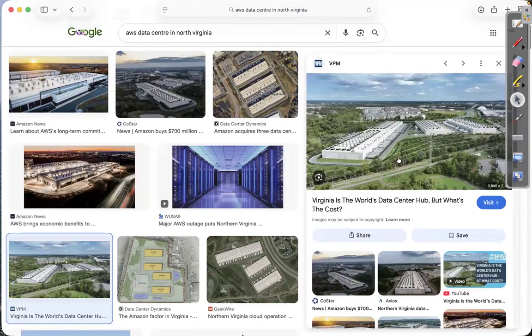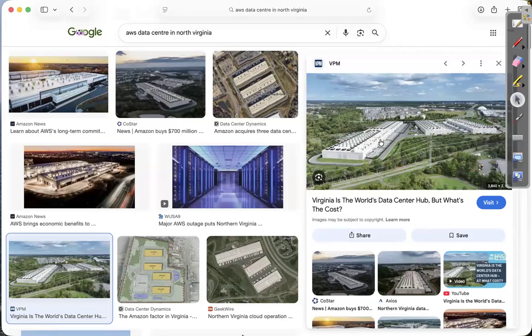The data center in North Virginia is the first data center across the globe. This is the first data center, set up in the year 2006 itself, 20 years ago. We people think cloud computing, the AWS cloud, came recently, 10 years back, but no. The AWS cloud started its data center in North Virginia, its first region, in 2006 itself.